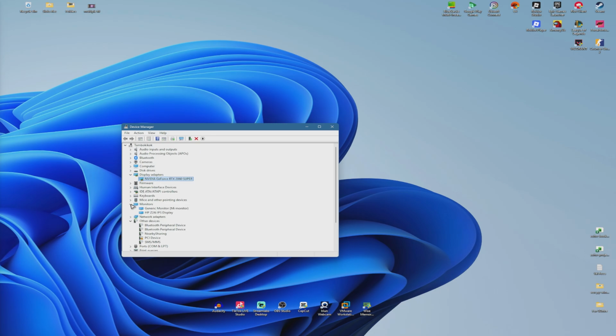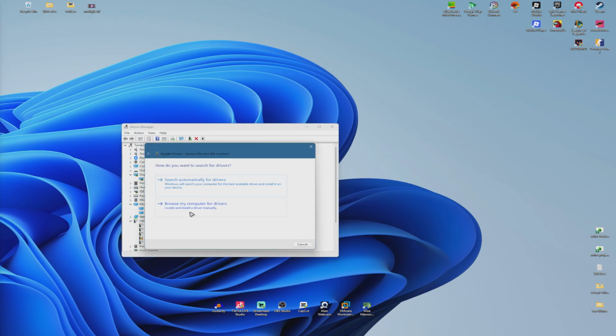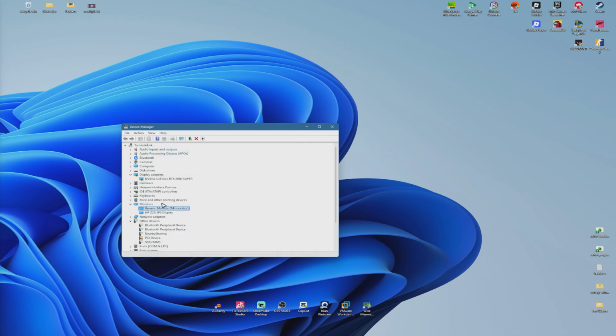We have the drop down as well. Select your main monitor, right click on it, click on update and do the same. Automatically go back, browse, let me pick, select generic. Or if you have your specific monitor's signature right here, go ahead and select that and hit on next. Close. Now, if that still doesn't work, you can go ahead and right click on it, click on uninstall,